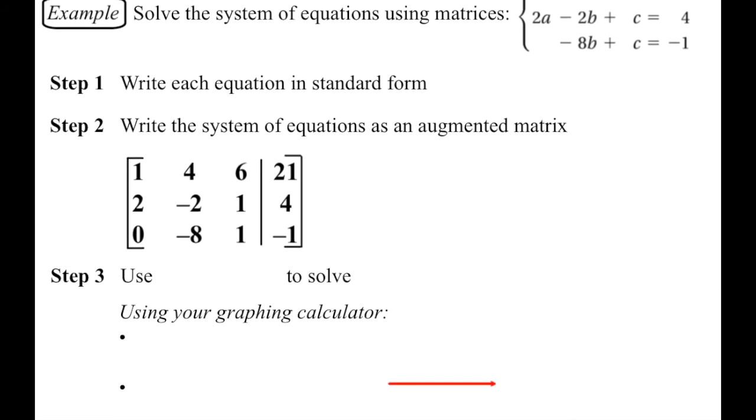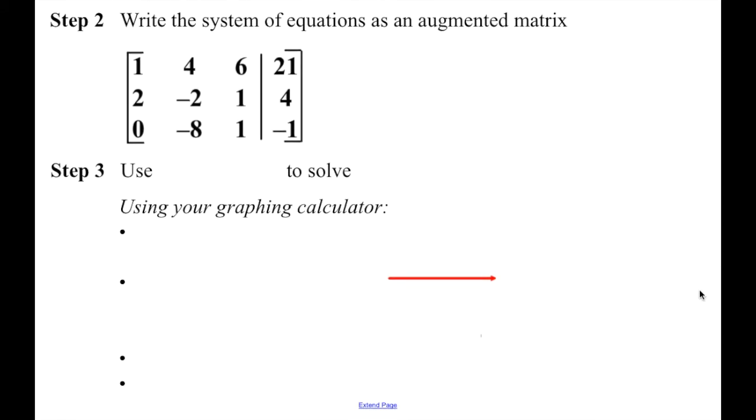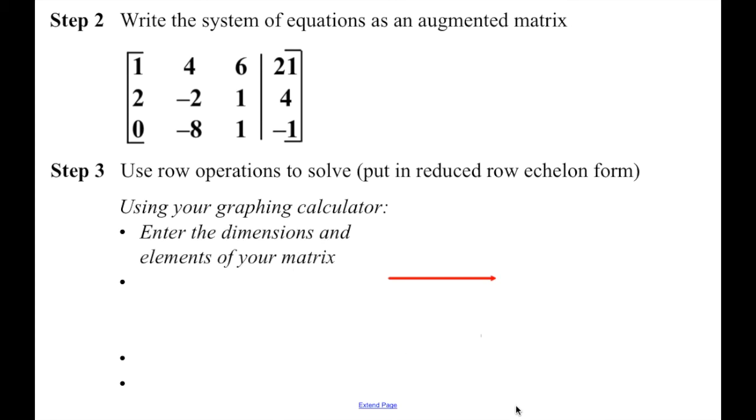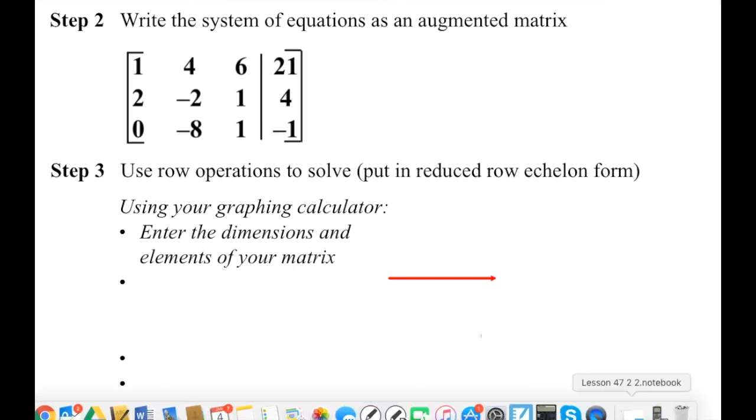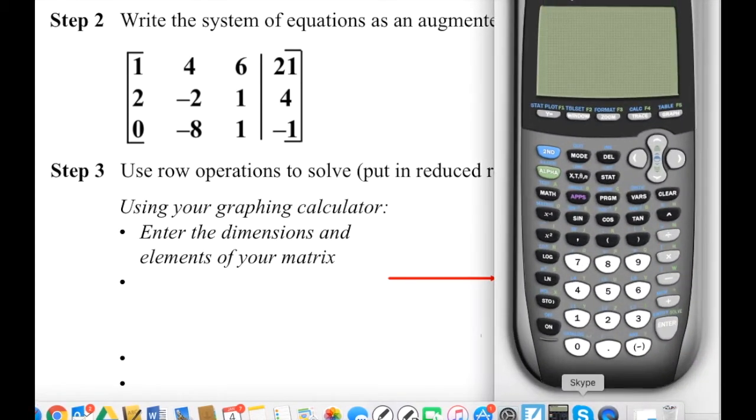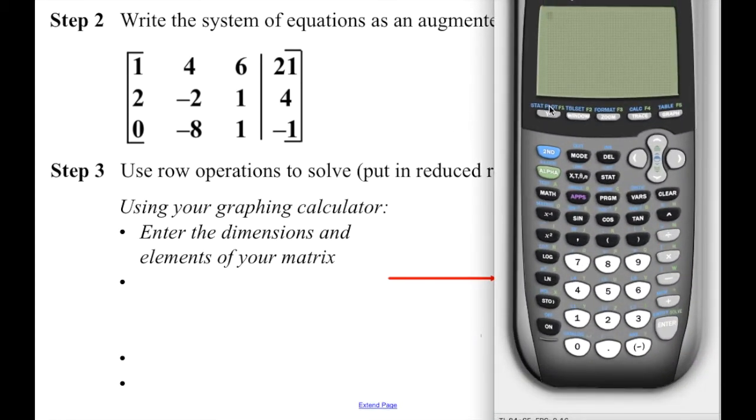So now this one, I am going to show you how to do on your graphing calculator. The first thing we're going to do is use row operations to solve, and your calculator will do all of this automatically for you. So the first thing you want to do is enter this into your calculator. Here I have the graphing calculator for you. See how it says matrix in blue? That's a second function, so we're going to go second matrix, and we're just going to enter this in matrix